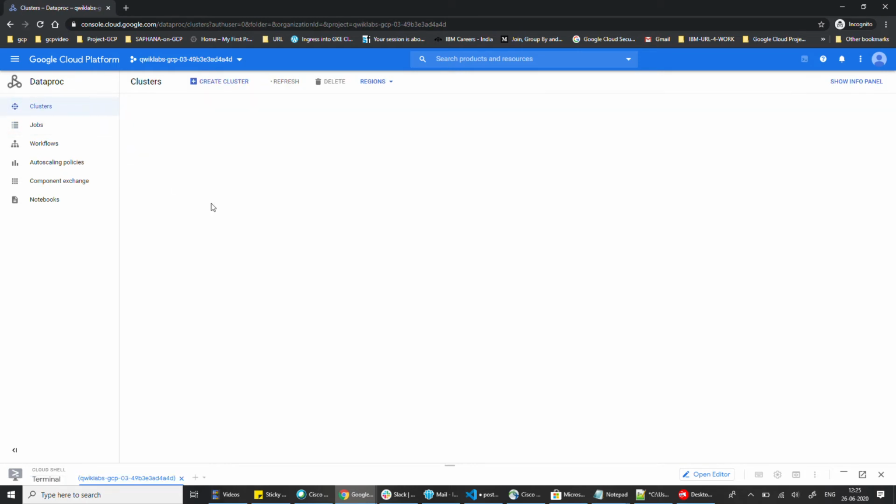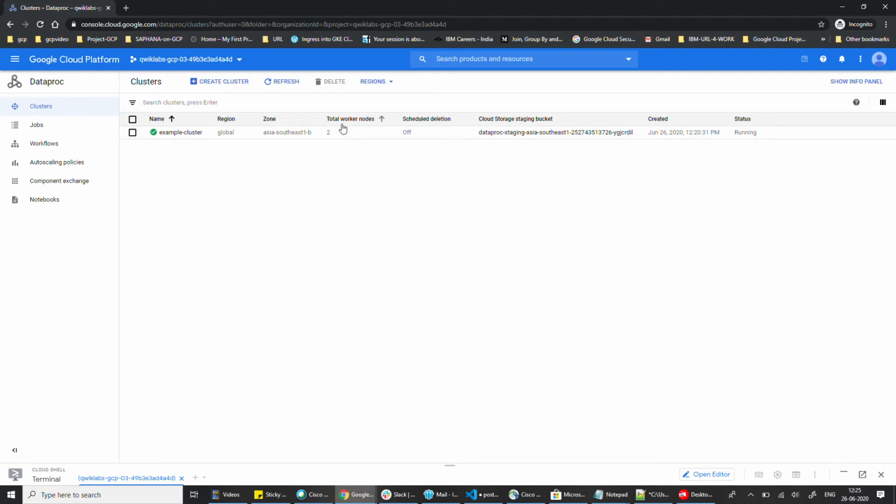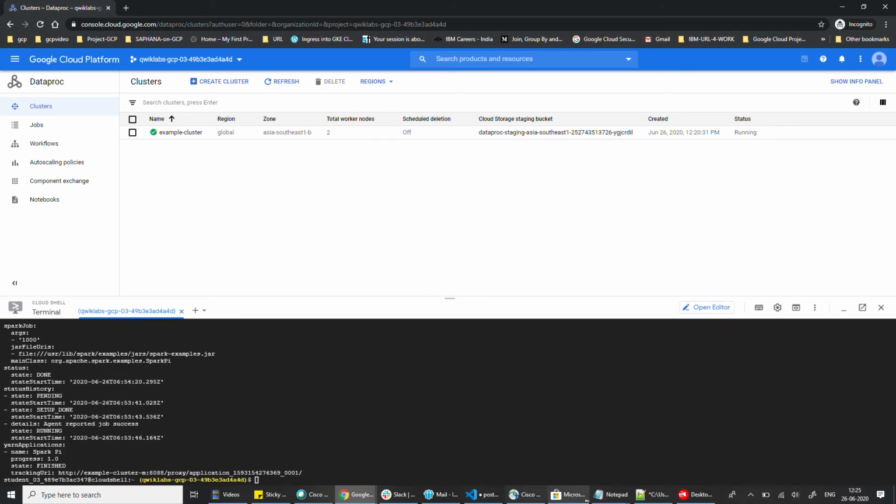So let me come to the cluster. Now you can see there are two worker nodes. Now the cluster is up and running. If you want to upgrade the worker nodes from 2 to 4, or 2 to many, as per our workload, that is the idea here: for an up and running cluster, how we can upgrade our worker nodes. That is also possible in Google Cloud. So that I want to show.